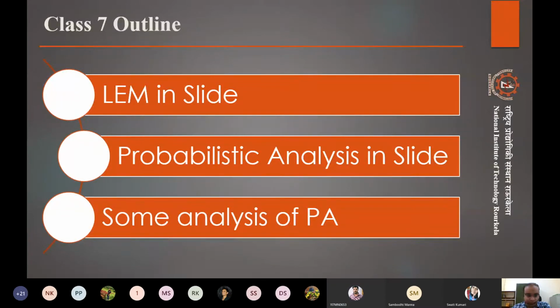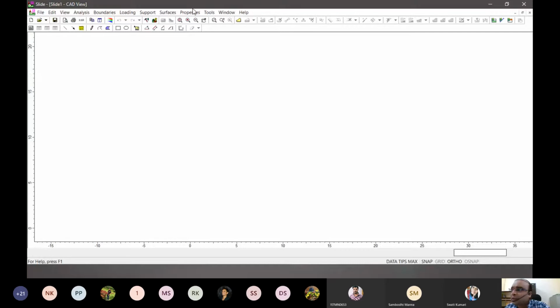So today we'll start with a basic slope. Like last time, we were able to see the basic ways in which we simulated a slope. There are many more intuitive ways. Let's take a very simple example. In this software, we can either give coordinates, as I explained last time, or we can just draw the boundaries like that.